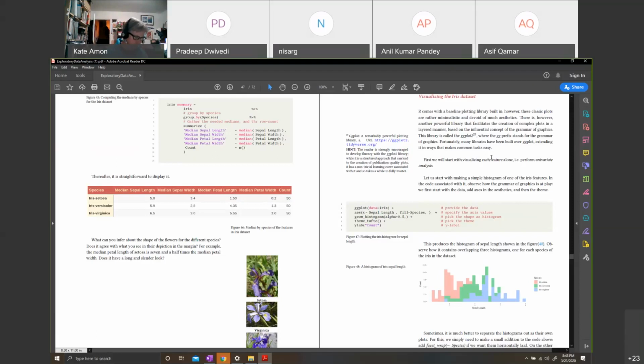So there were so many plotting libraries, and every library had a different API. And then came a landmark book, which is a little abstract. It is called The Grammar of Graphics. It's actually a very good book. It talks about how all graphics can be considered sort of like a language.